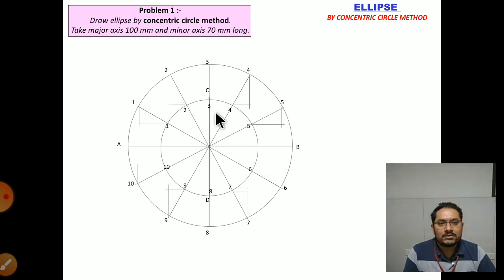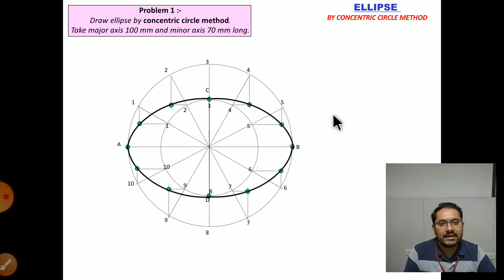Okay. So, by doing this, we'll get intersecting points. You can check it out over here. Just highlight that particular point or put a small bullet on this particular point, and join all these points. We'll have a curve, and the curve will be named an ellipse. Okay. So this is how you can construct the ellipse.